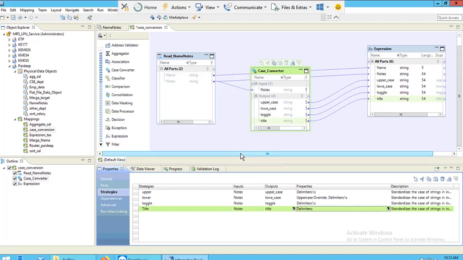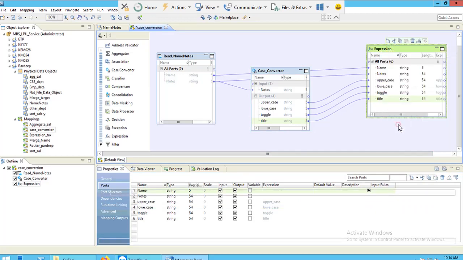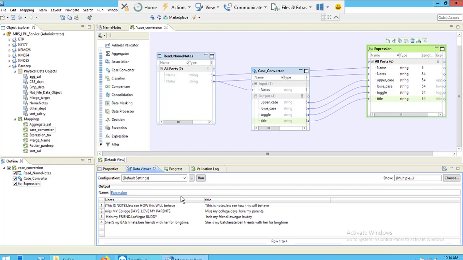Go to the expression transformation and click on run data view. Now you can see that as my delimiter is none, only the first letter of each sentence is capital. As there is no delimiter, it takes the whole sentence as a single word. So the delimiter will make changes in the output.